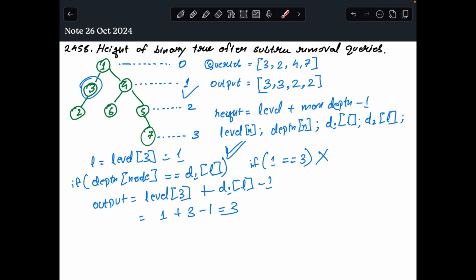Now let's take one other example, right? Let's take the example if we remove the fourth node. In case of the fourth node, level will still be 1, depth will be 3. So this condition is actually satisfied. So if this condition is satisfied, then output will be